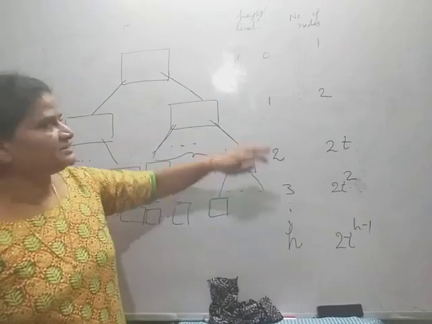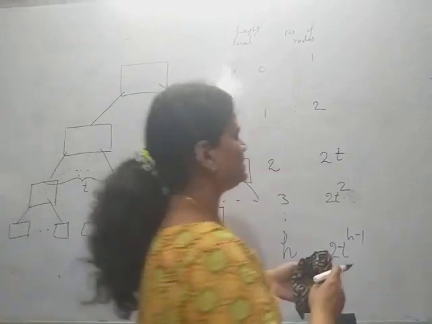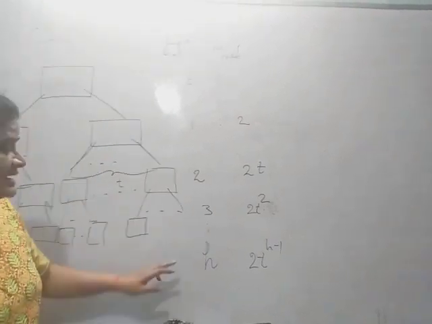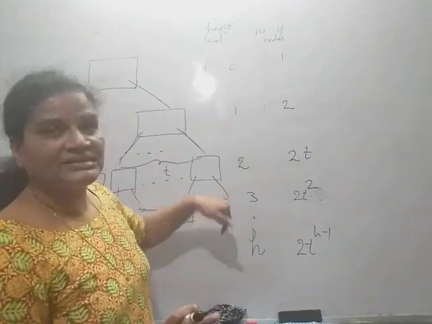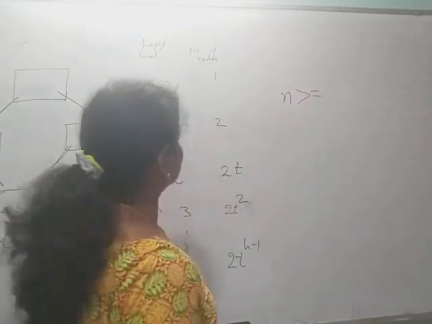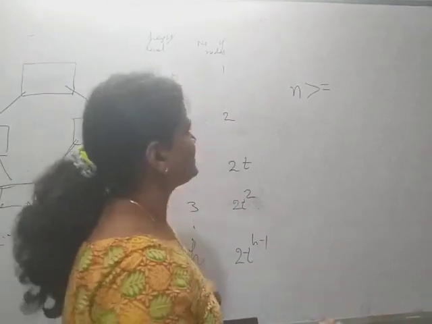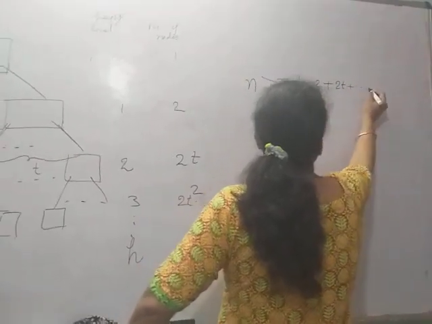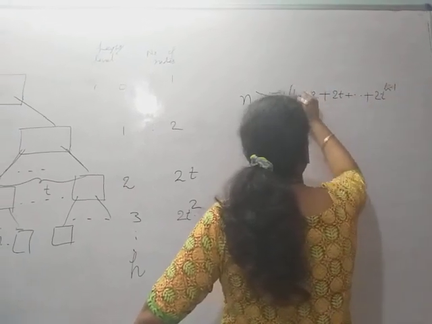Okay, and now simply suppose the height of the tree is h. So I will add all these. So the minimum number of keys, the keys can be more in the height h, because here I have considered the minimum number of keys. Okay, so simply here the number of keys n is greater than or equal to the number of nodes multiplied with t minus 1. Here this is what? So 1 plus 2 plus 2t plus so on plus 2t^(h-1). This is what? The number of